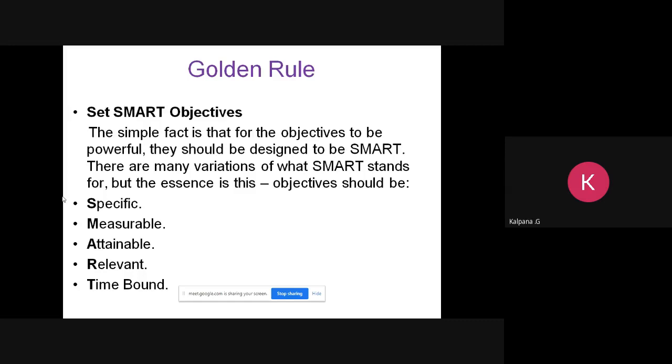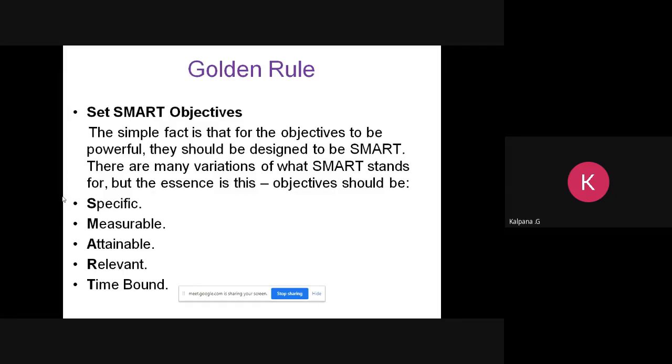When we talk about the word specific, it ensures that there is no ambiguity in the objective. Which means we are going to have a clear objective based on the resources available. We are also going to have a specific outcome that should be accomplished along with this objective.